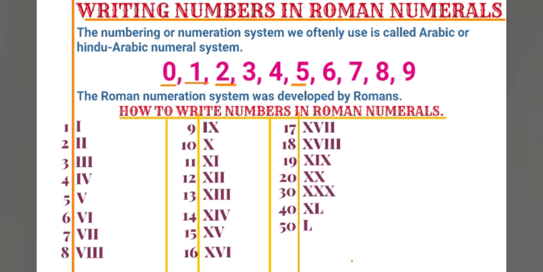As you saw in your book, you have the Roman numerals till 30. But for your information, 40 is written as 1 capital X and 1 capital L. 50 is written as 1 capital L. And for 100, we write C. So this is all about your